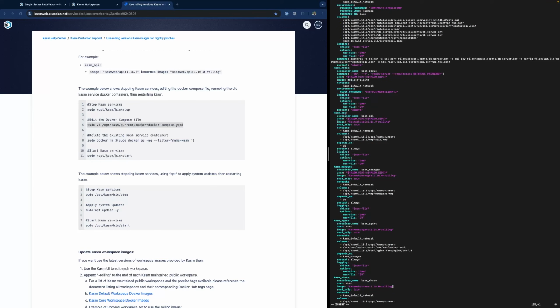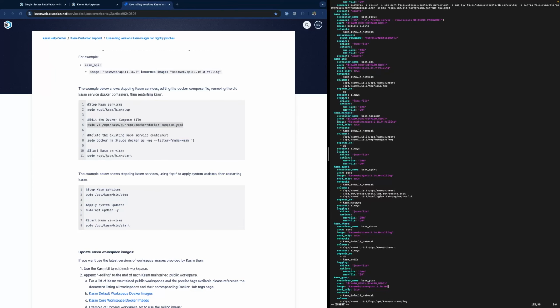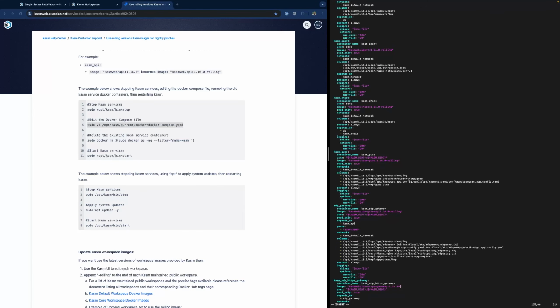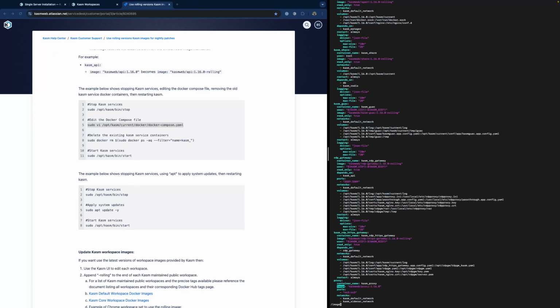Add rolling to share. RDP HTTPS Gateway, and then Proxy is the last one. And then we'll go ahead and save the file.